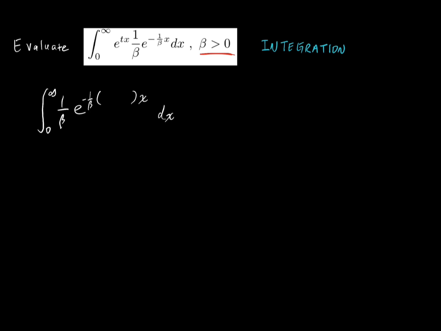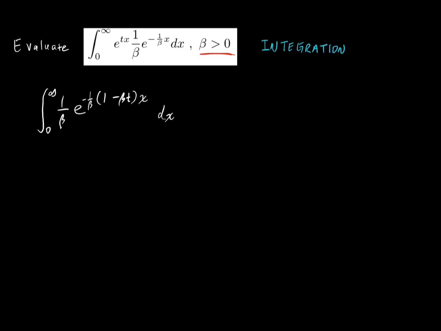Inside the brackets we will have plus 1 here, and then we would have minus beta t, so that if you multiply beta into minus 1 over beta into the brackets, we will have minus 1 over beta x plus